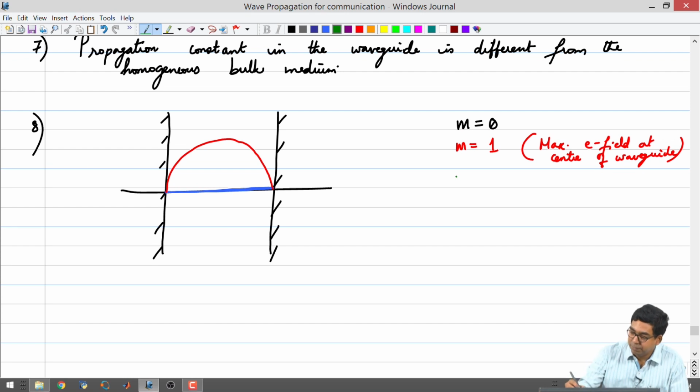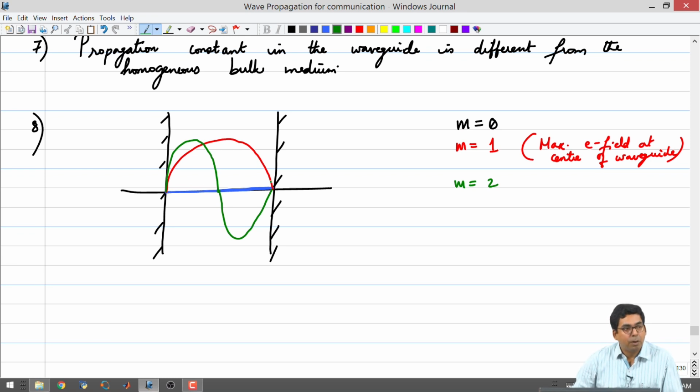Let us now take a different scenario and up the value of m to 2. You go back to your total fields expression, take the program, keep all the things constant, and try to vary only z. You will notice that for m equal to 2, your total electric field would vary like this. As you go from one plate to another plate, the electric field will go to a peak, then it will have a 0 crossing, then it will go to a negative peak, and then it will end on the other plate.